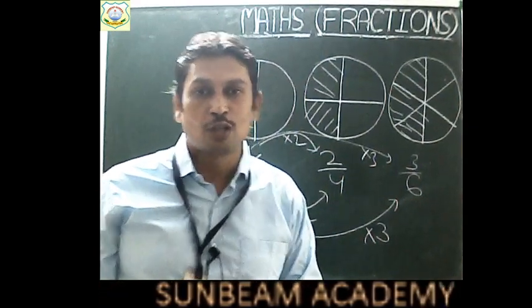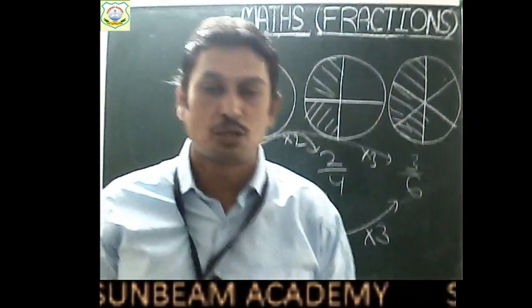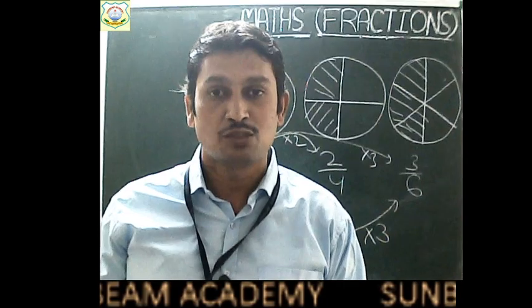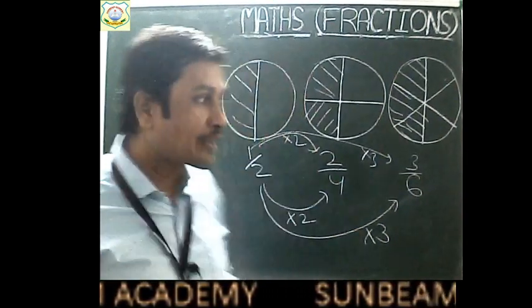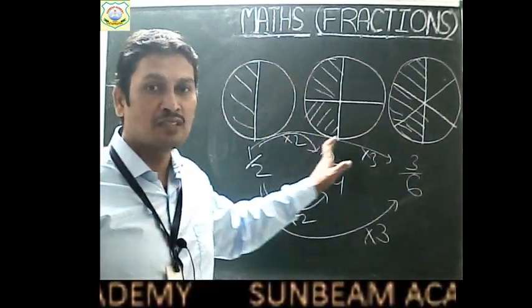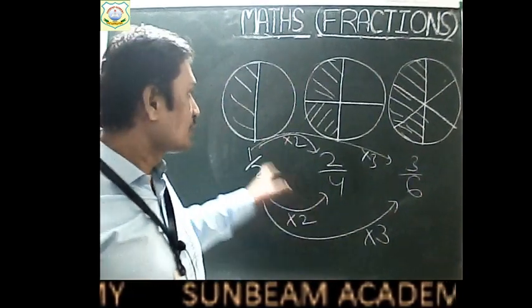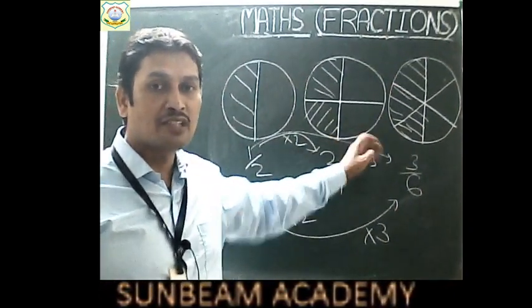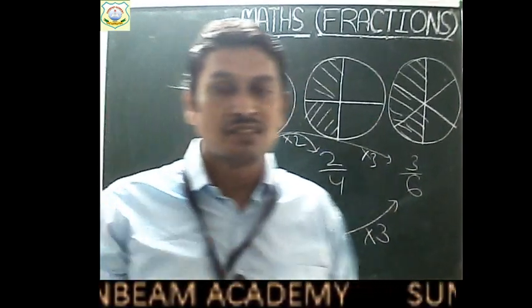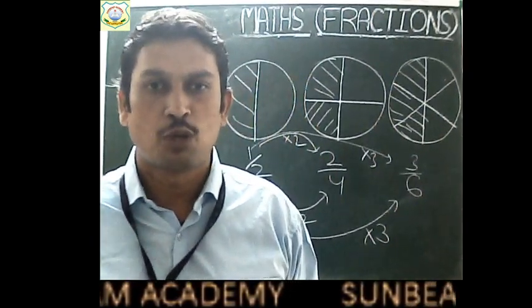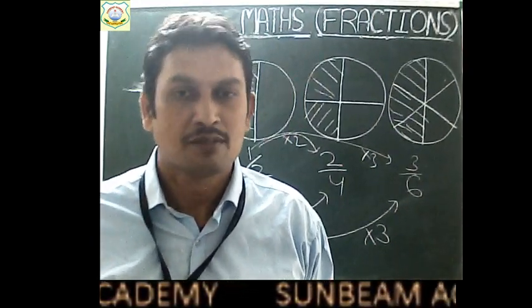Children, actually on all of these 3 days you are getting the same part of the whole watermelon, okay? You are getting the same part. You are getting only half of the watermelon every day. So you are increasing your demand 1 times, 2 times, 3 times. In the same way, your father is increasing the total number of partitions also 1 times, 2 times, 3 times, in that way, right?